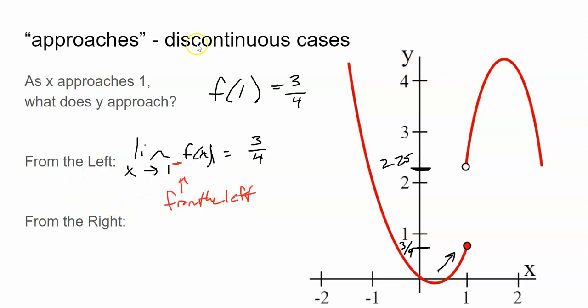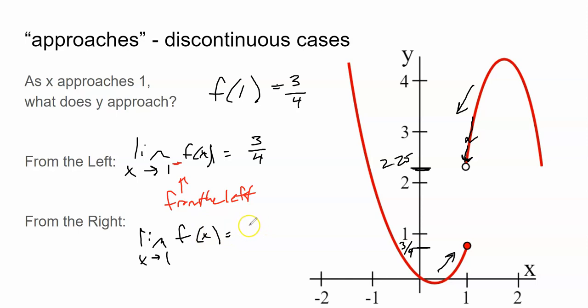Let's take a look at from the right. If I'm coming from this direction, I can see that the value is approaching the hole instead, right? If I trace along the graph long enough, I'm coming to this hole point, which is 2.25. Well, we can still describe this as a limit,